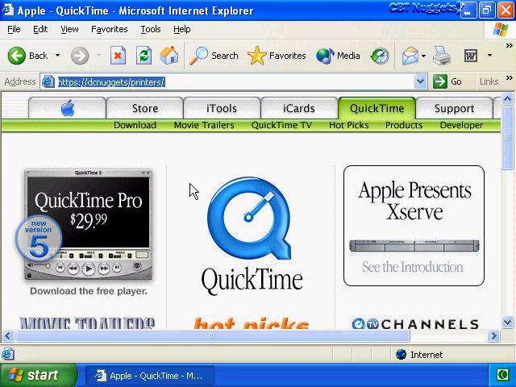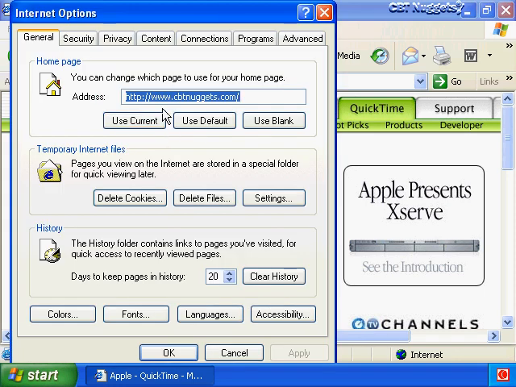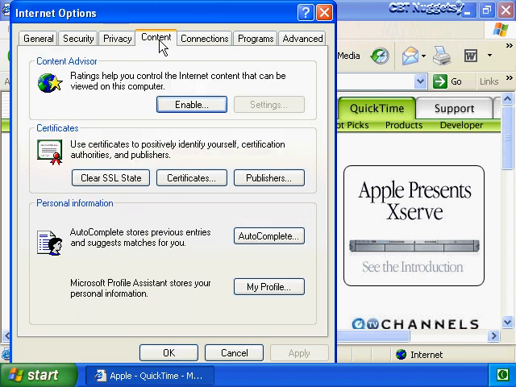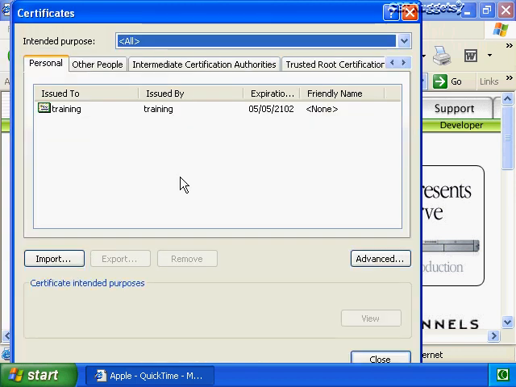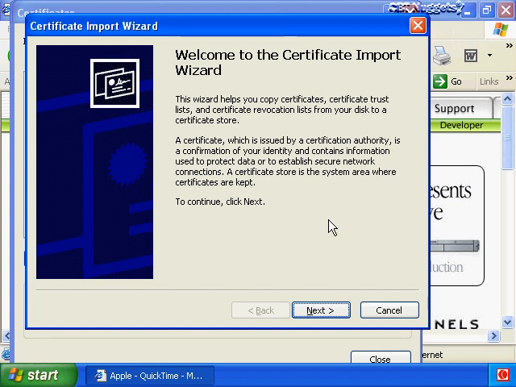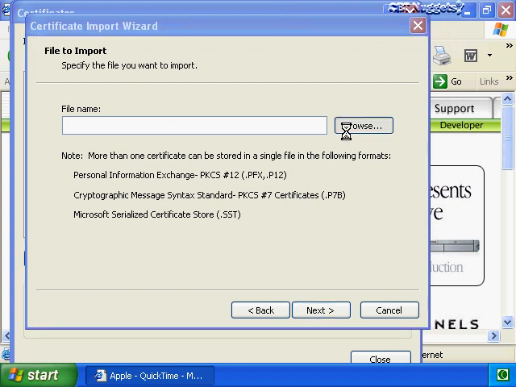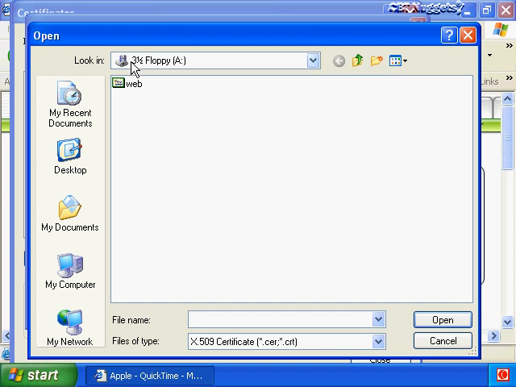by going to our menu bar and choosing Tools, select Internet Options, click on Content. From here, click on Certificates. From here, click on Trusted Root Certification Authorities, and from here, click on Import. And that brings up a little import wizard. We'll just click on Next, and it's basically asking us where is the certificate. So we click on the Browse button, and it's on our floppy disk. Here it is right here. Click on Open,